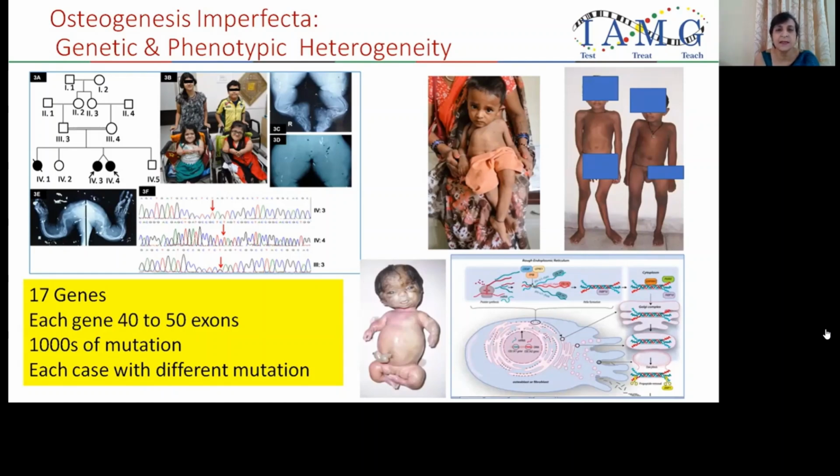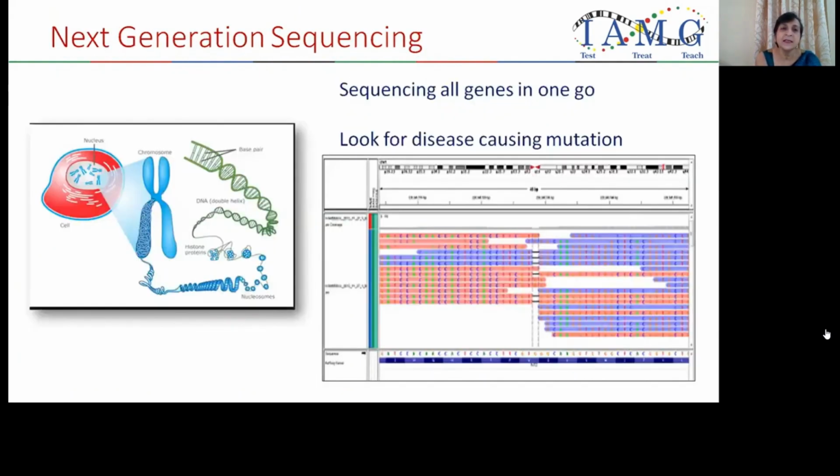The same is true for many other genetic disorders like osteogenesis imperfecta, which has very great genetic as well as phenotypic heterogeneity. There are more than 17 genes for osteogenesis imperfecta, and sequencing each gene one after another is practically impossible. In such a situation, the high throughput sequencing technique of next generation sequencing is very, very useful. It can sequence all genes in one go, or it can sequence the whole genome in one go. Then you can look at the data to identify which could be the disease causing mutation in that particular